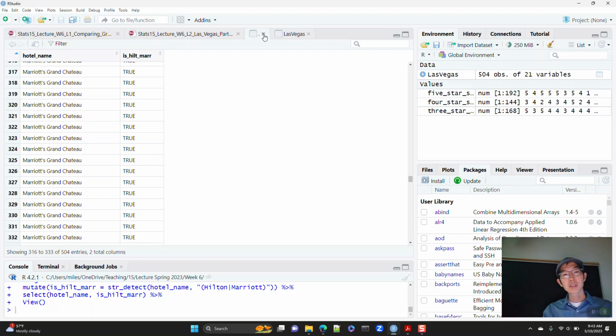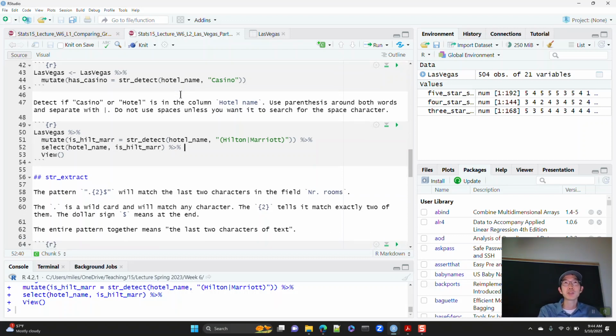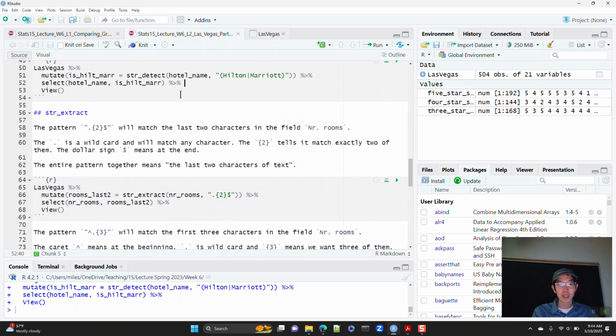So these are just some tools that I want to give you as far as trying to detect certain words in a column. So if you have a column in your data that has text information, these are some of the tools that you have. And again, working with text is tricky and comes with certain challenges. So if you are trying to work with text and you need help, don't hesitate to come to office hours, and I'm happy to give you little chunks of code that will help get you on your way.